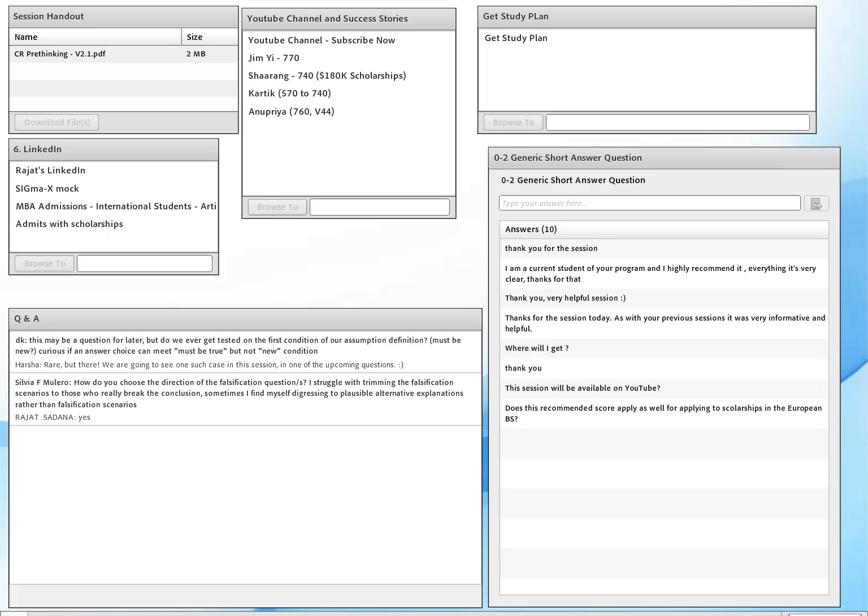Does this recommended score apply for scholarships in the European business schools as well? European business schools are very different from the Indian ones or from the US ones. The INSEAD, IMD, LBS, IESE, the 4 schools that I really, really like. There, once you get to that 727, 730 score,